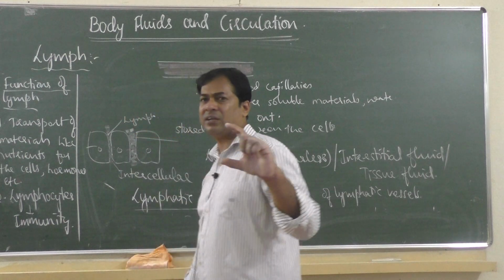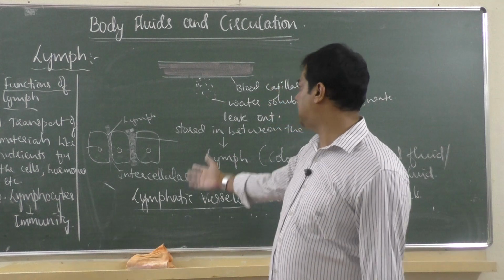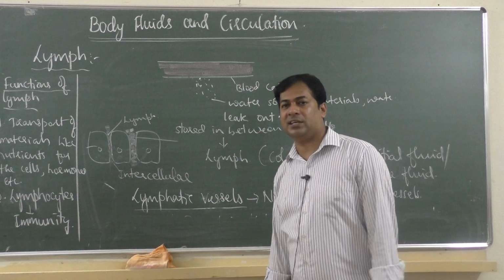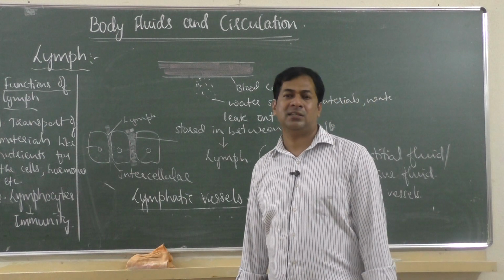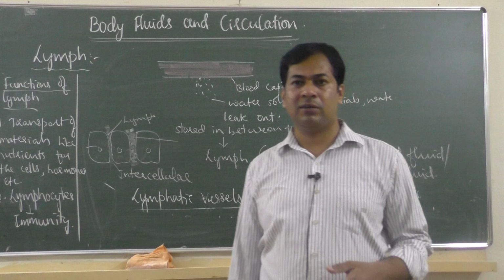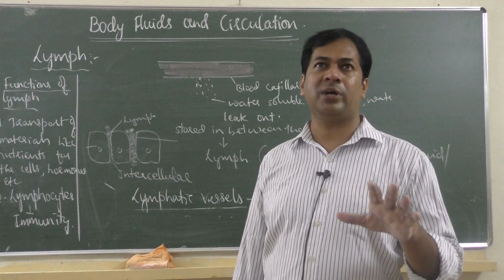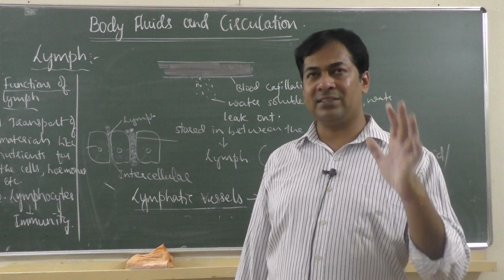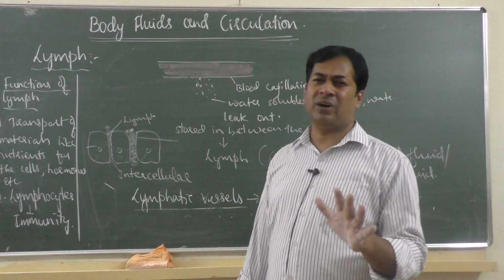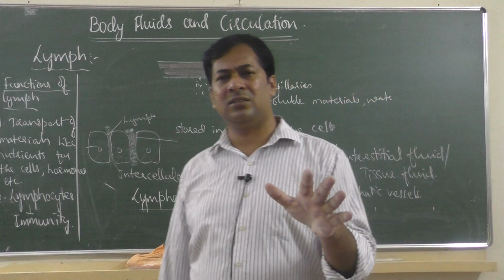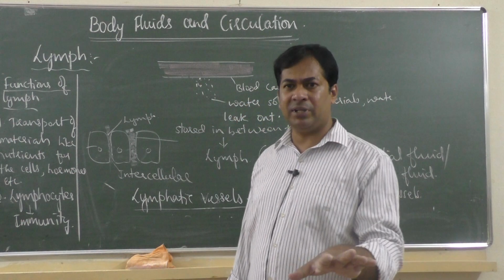So only one small paragraph is given about lymph in the textbook. And these diagrams I have done just for your understanding. You know me very well, I make complex things simple while explaining. Some imagination is very important, because you have to get a clear imagination in your mind and understand the process. No need to learn by heart or try to remember so many things. When you understand, those things will already be there in your mind. So no need to remember, it will be there in your memory.